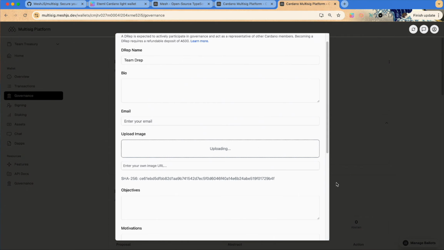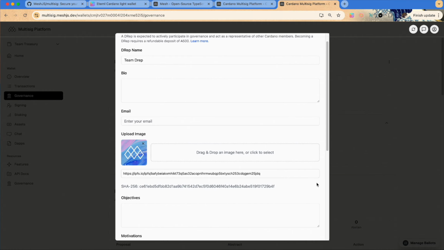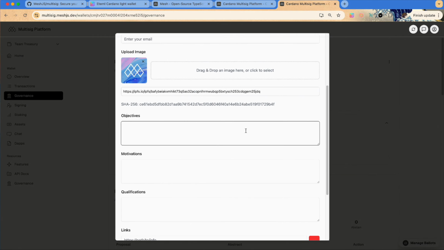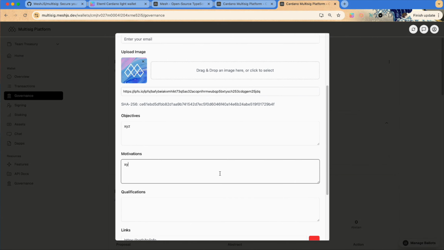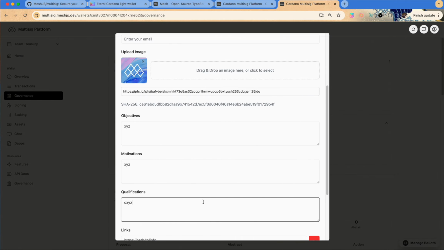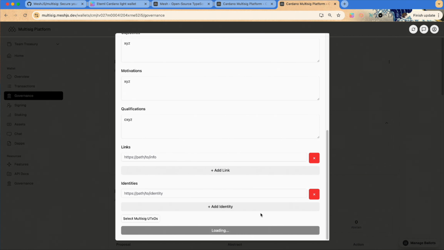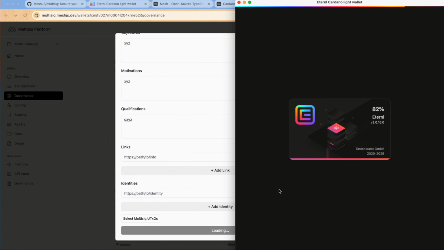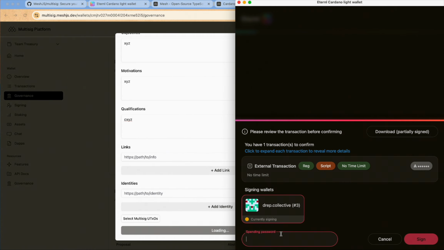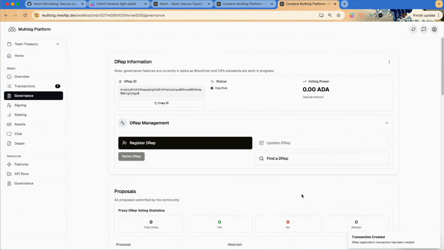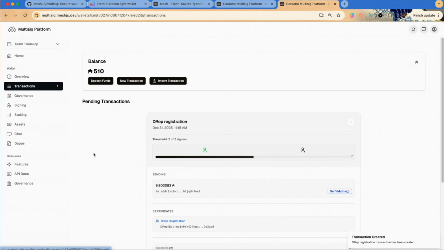We add a name and we can also add an image to our DREP. Now we have an objective, motivation and qualifications. To register the DREP, we will now have to send our first multi-signature transaction. Now let's supply the first signature. As we have a 2 out of 2 signature scheme, we will also require the second user to sign this